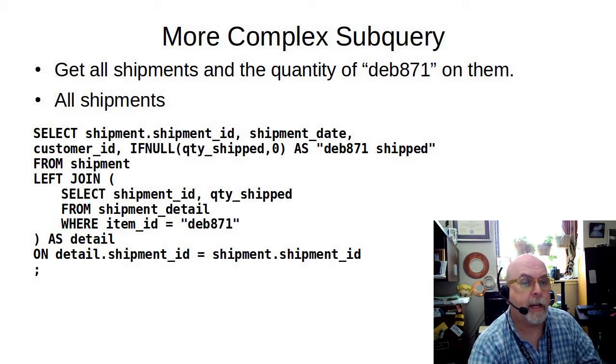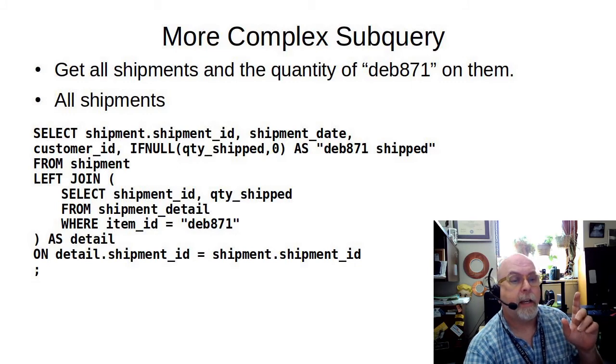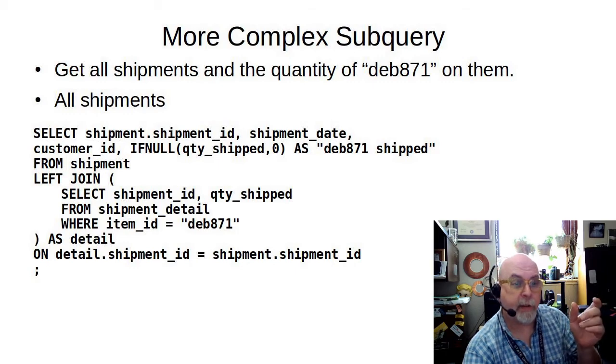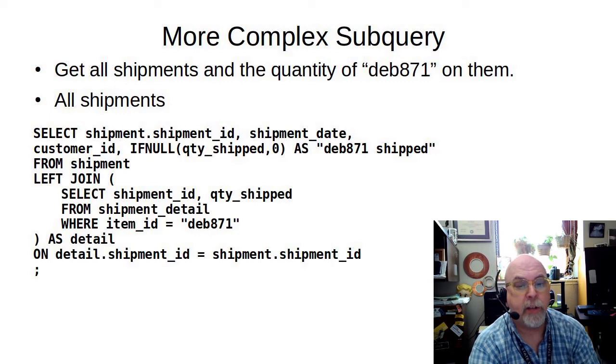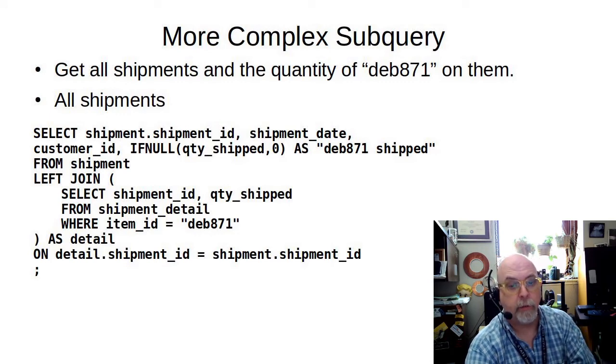Take a look at what this does. We're going to get the shipment ID, the shipment date, and customer ID from the shipment table. And then we're going to get the quantity shipped from something else. And the quantity shipped, if it's null, display a 0, because there could be a shipment without shipping that specific item. And then you see we alias the column so that it looks pretty. We then do a left join